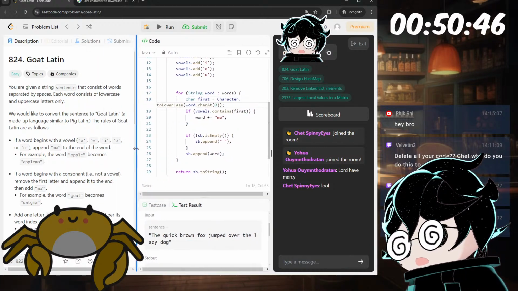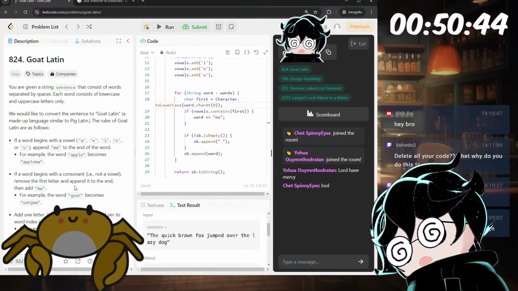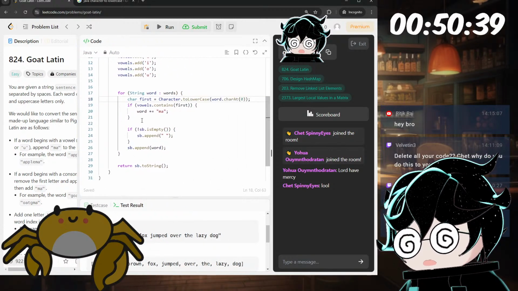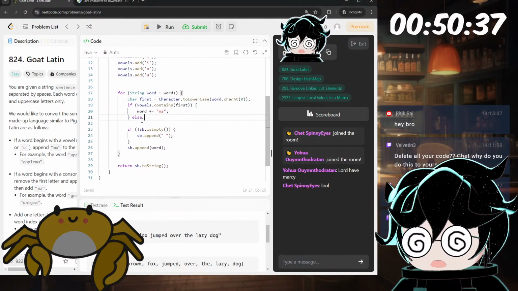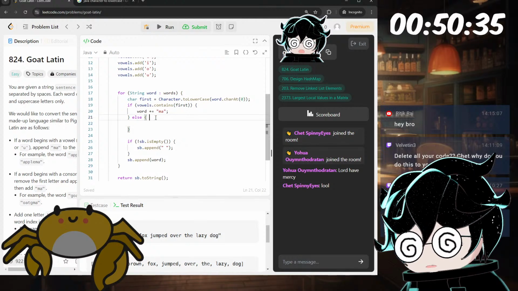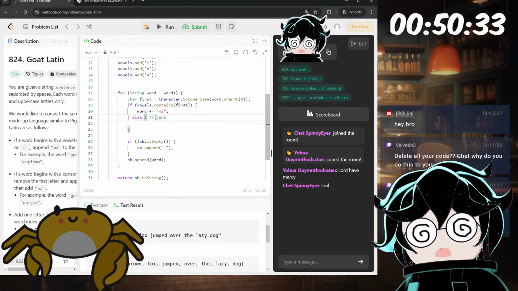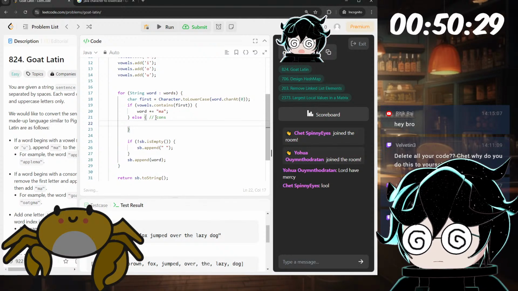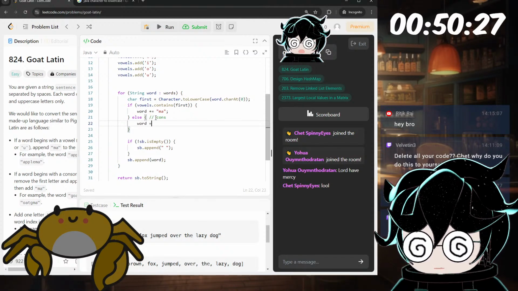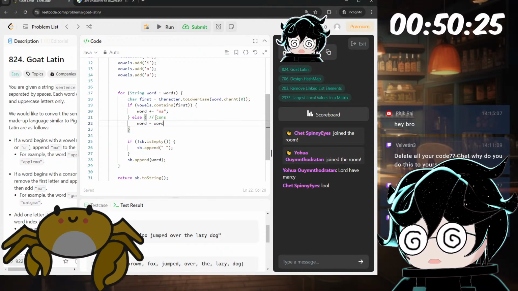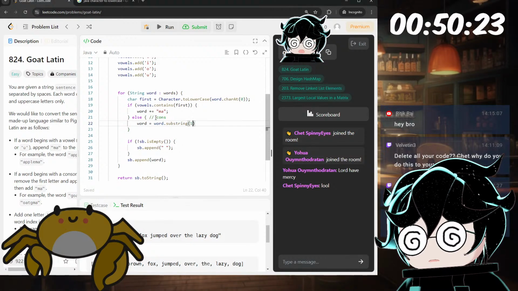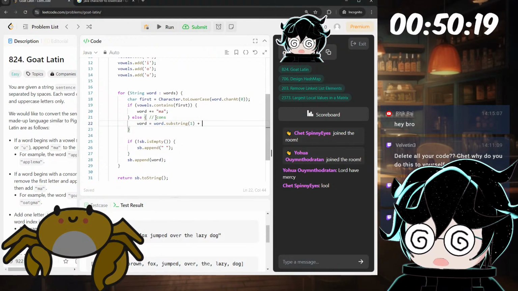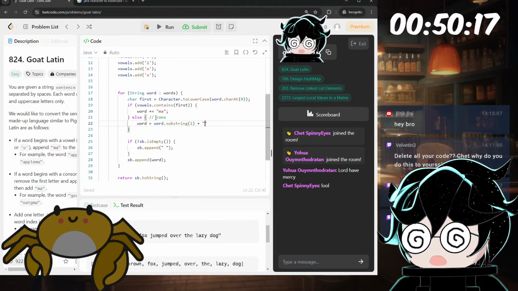What happens if it's a consonant? Remove the first letter and append it to the end, then add ma. So else, that means this is a consonant. Word is equal to word.substring, begin with the first letter, I guess, plus ma.